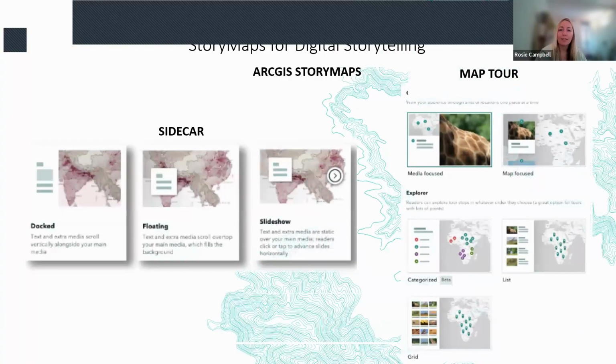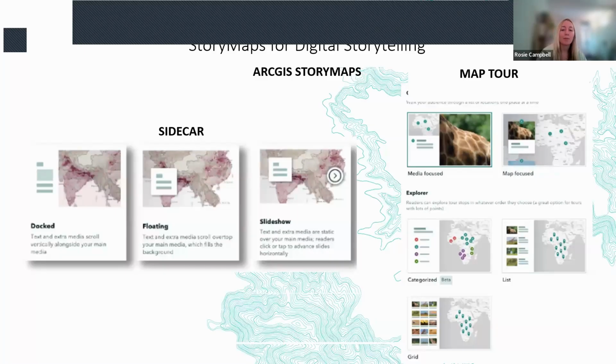Within Story Map stories, there are 2 main options for how you want to tell the story. You have Sidecar, which is a scrolling slide-based block that has 3 layout choices, all providing really interesting narrative tools. As you scroll down the page, the map or image stays, so you can connect it to the text. And then the second option is the map tour. It allows you to plot points on a map and add media content and narrative text to those points that will display in either a side or floating panel, depending on your layout choices.